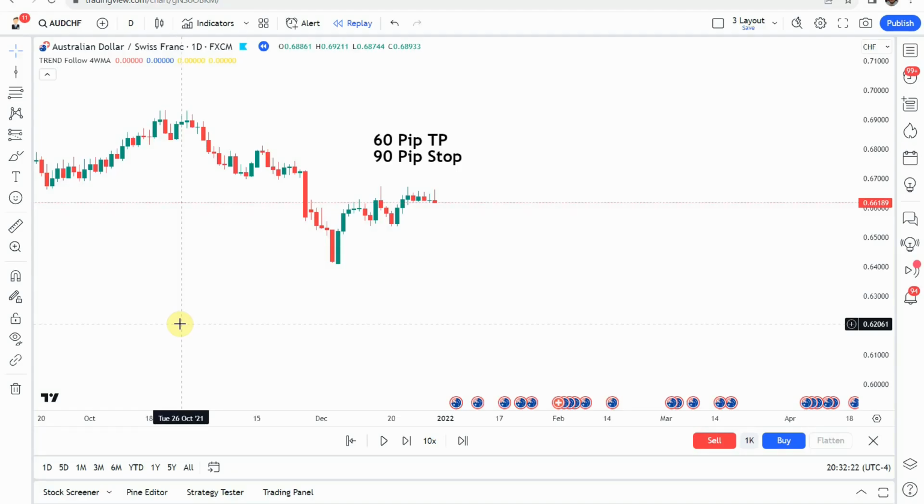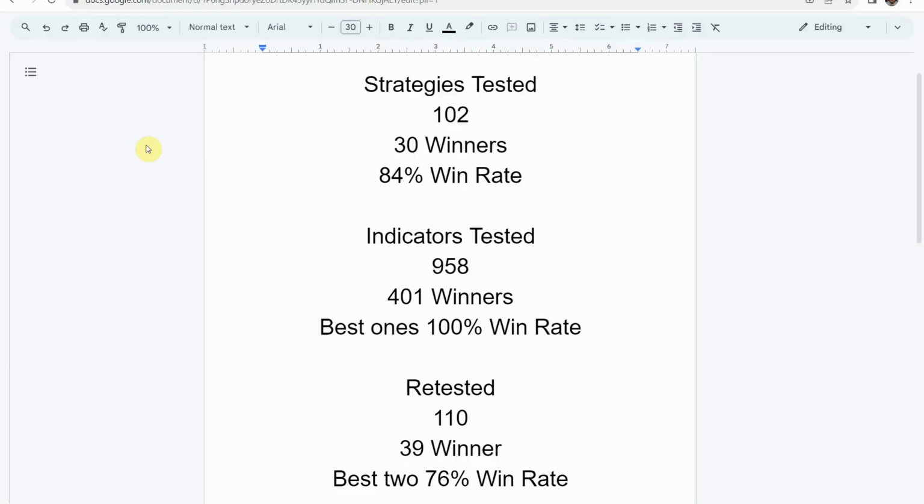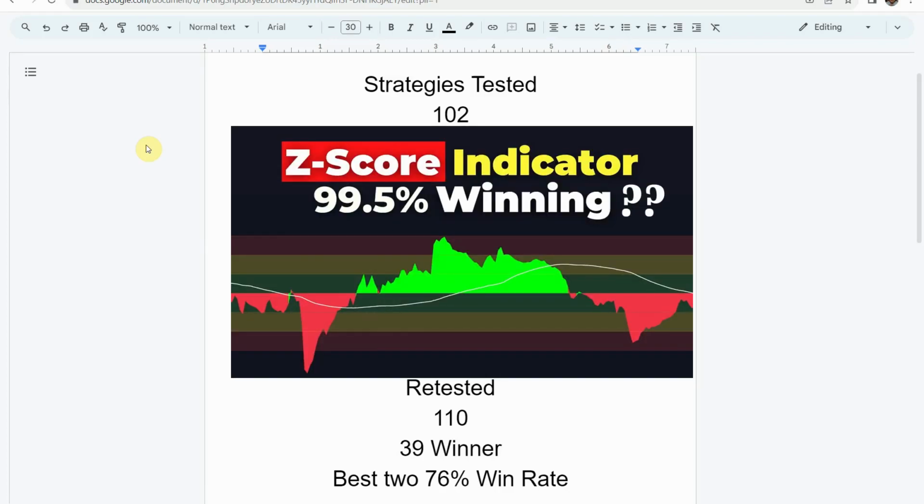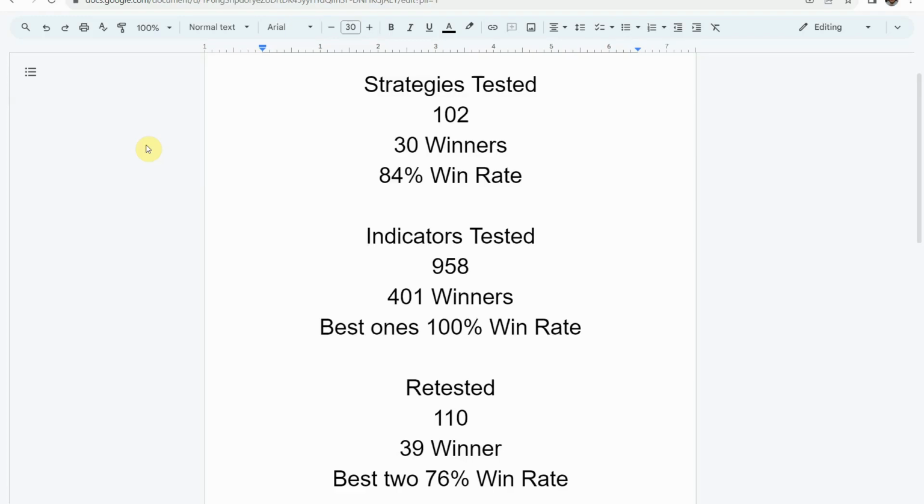Alright, as I said, today we will be testing the Trend Follower 4 WMA indicator. Before we do though, I wanted to put the testing scoreboard up for everyone to see. So to date we have tested a total of 102 different strategies, with 30 of them being winners. The best one so far was able to achieve an 84% win rate. That is the Academy of Forex indicator with the Z-score probability indicator. I'll put a thumbnail up of that video right now on screen. I'll also link to it at the end of this video with that same thumbnail. That way you can go straight to that video and watch that on the best strategy that we've tested so